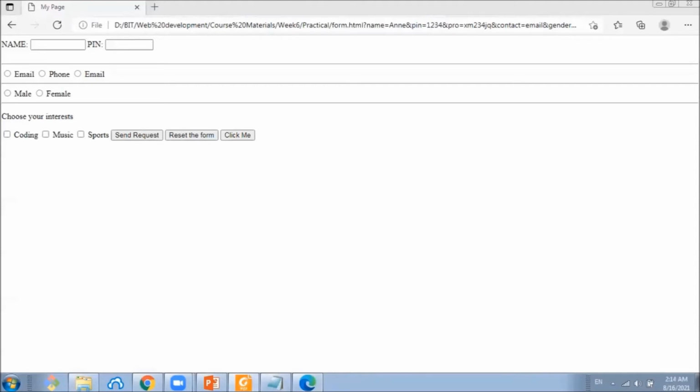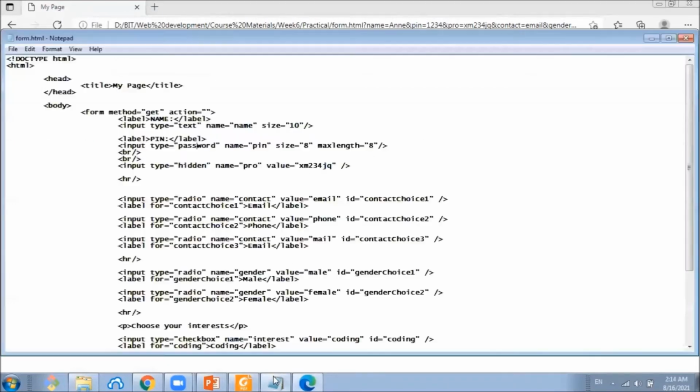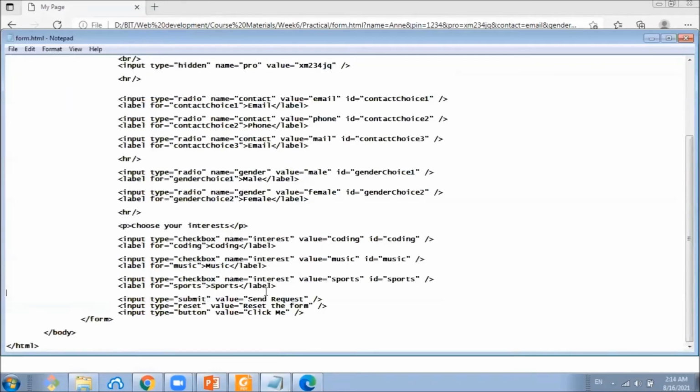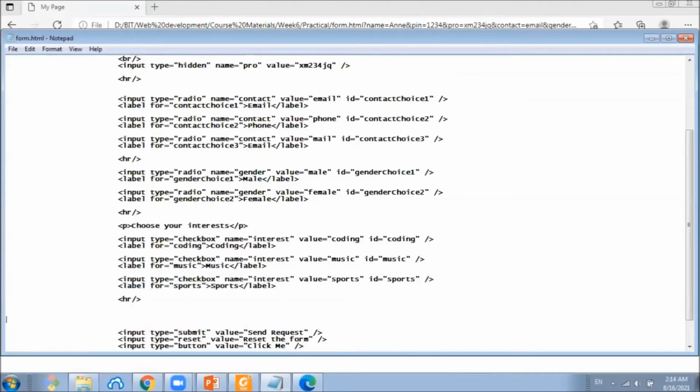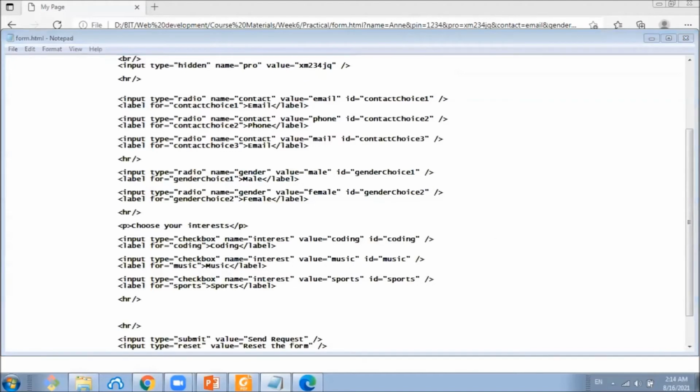Let's see how we can add drop-down boxes and data values. Let's go to our form and let's put another horizontal ruler here, another horizontal ruler here. Right. Here, the select element is used to create a drop-down list.